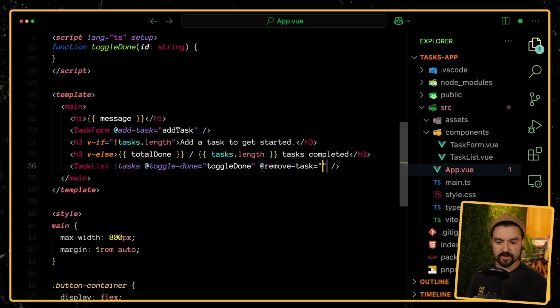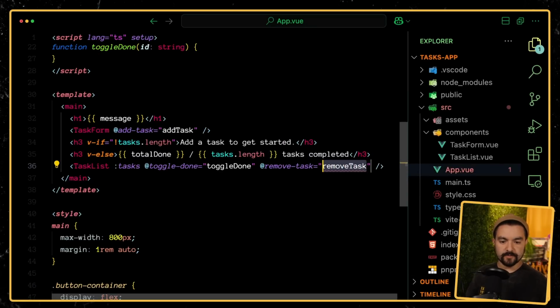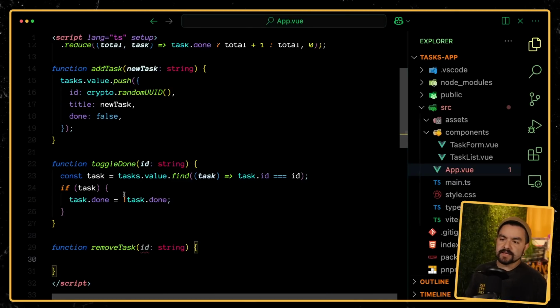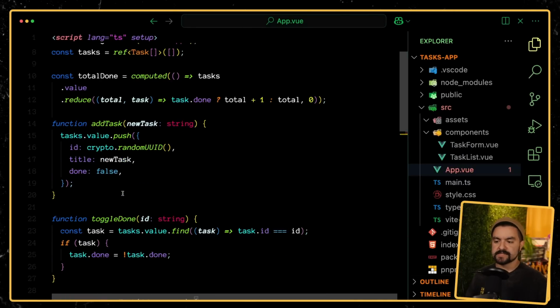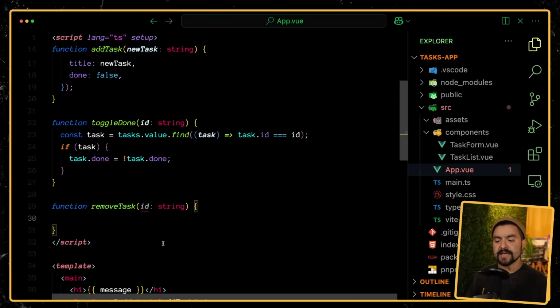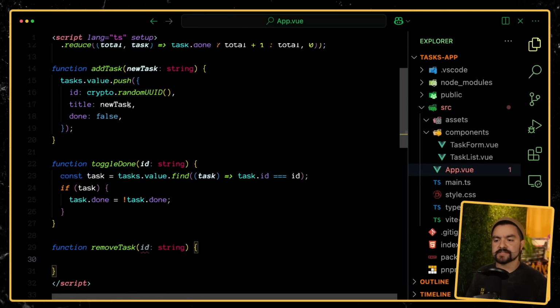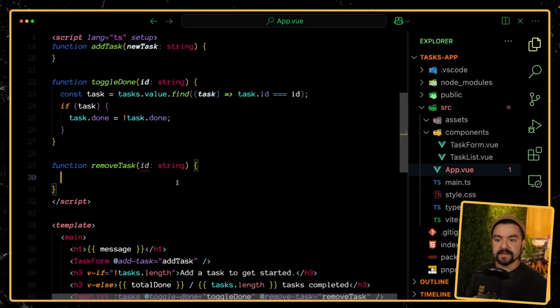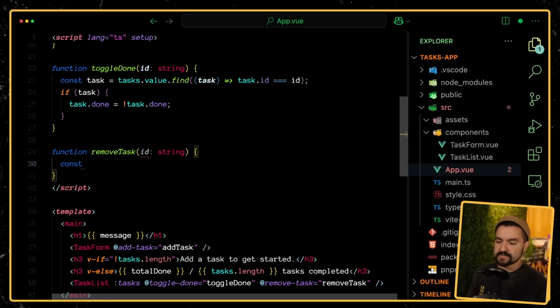So we'll say on remove task, we will remove the task. We'll then define a function to remove it. And in this case, I just want to splice that task out of the array. You could use a filter and reassign, but because our data is mutable, I just want to splice it out. So first, I'll find the index of that task. So let's say the index is